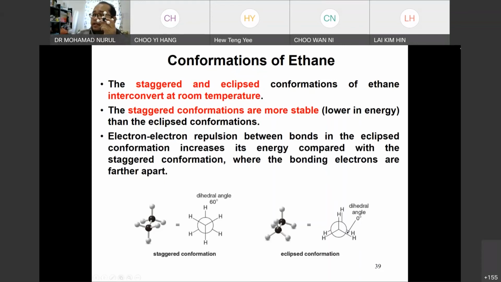Okay, as a statement here, electron repulsion between bonds in the eclipsed conformation increases the energy compared with the staggered conformation, where the bonding electrons are further apart. For example, if we draw like this, this is the eclipsed conformation. They have electron clouds here, so they have some repulsion, compared to if we draw like this. Okay, if we draw like this one as Y, the functional group at the back doesn't have any